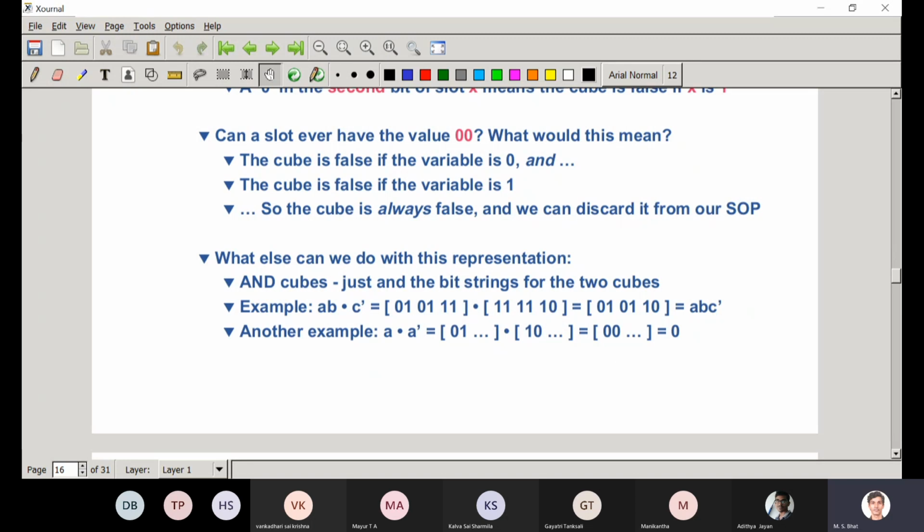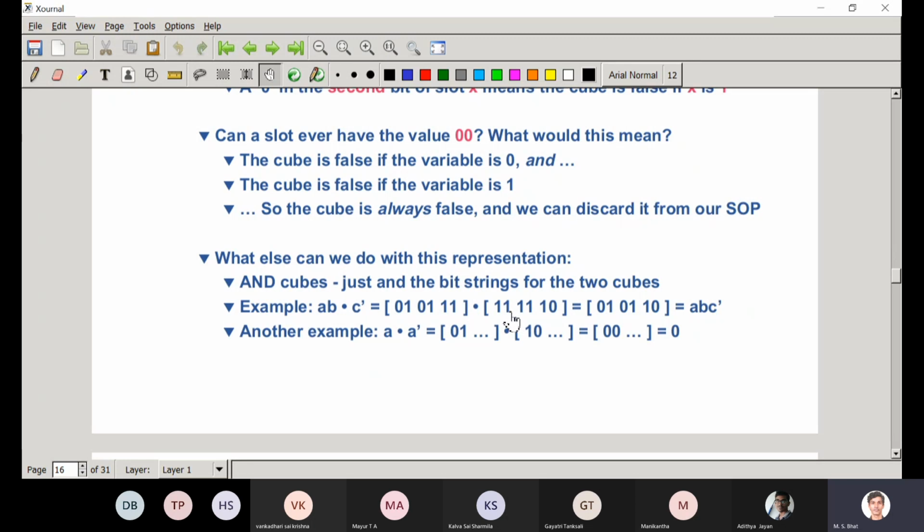So this is A, B, C bar. We are ANDing AB with C bar, so we are getting ABC bar, and that is represented as the bitwise AND operation of these two positional cube notations.